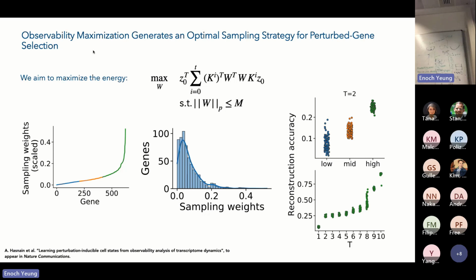The green genes that have really high sampling weight actually show up as having higher reconstruction accuracy relative to the orange and the blue echelons. And you can see then that this is actually directly correlated with state reconstruction accuracy, right? Okay, so